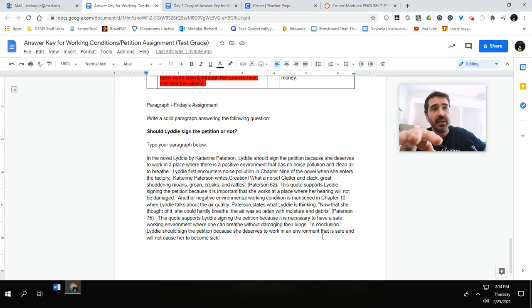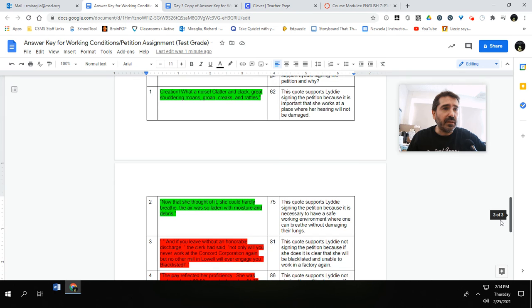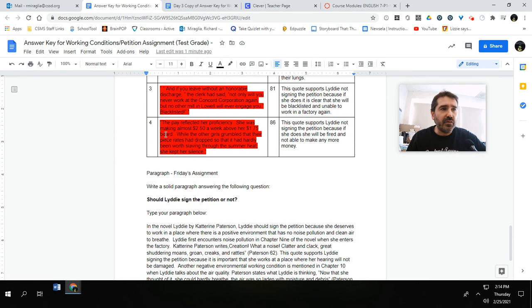If you want to try to write this without using any of mine, that's fine. Remember that yesterday you came up with 4 choices. So if you picked my 4, maybe you want to write your paragraph using the 2 negative reasons. So then your claim would be that she should not sign it because if she does, she'll lose her job. That's a good approach, and you can go with that as well.